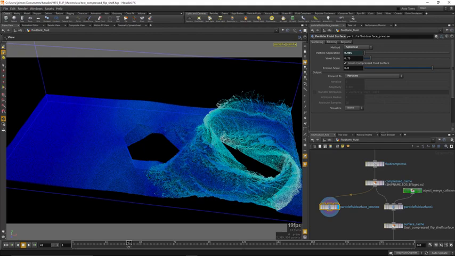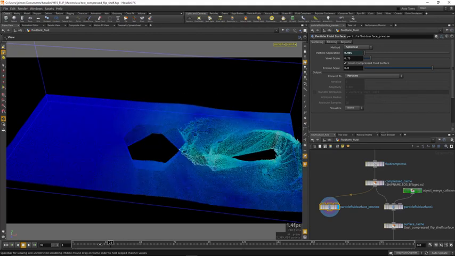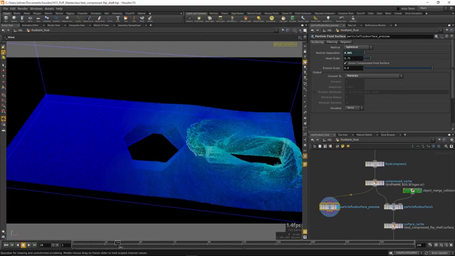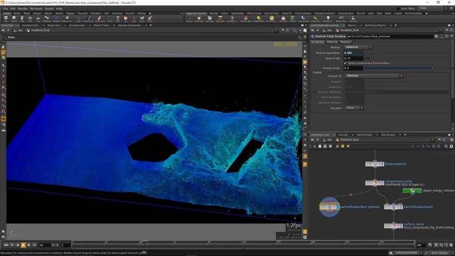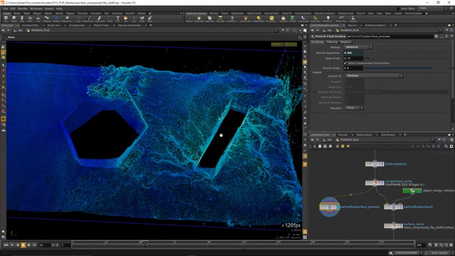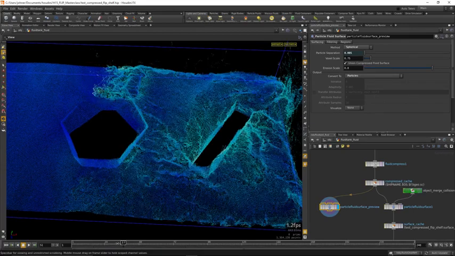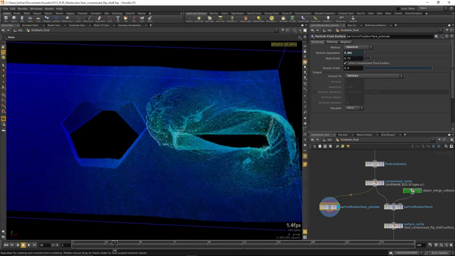This is just the particles that are kept from the simulation. You'll see this plays back a bit slower, but not too bad. But this lets you look at the surface detail that's being kept from the simulation. The only problem with this kind of preview is that you can see through the particles. They're sort of sparse enough that you can see through, and you can do things like increase the particle size,